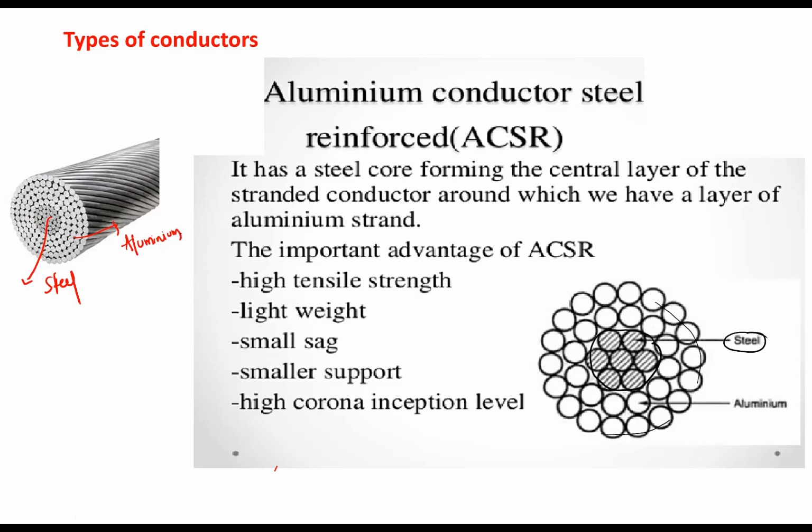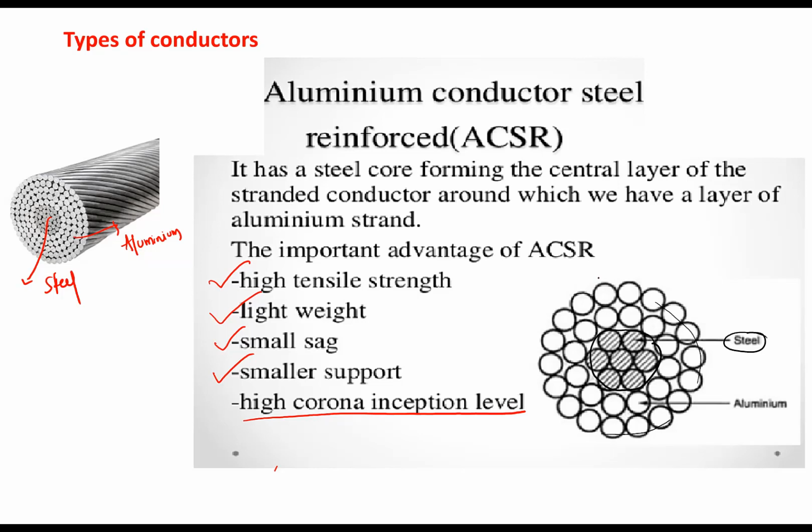Okay. So what are the advantages of ACSR? High tensile strength because of the steel strands present at the center. Because of the outer aluminum strands, it is lighter in weight. Small sag. Sag will be less. Why? Because now the mechanical strength is more. It will not have more sag, whatever heavy winds and ice loading happen. Next, smaller support structure, high corona inception level. Why? Because